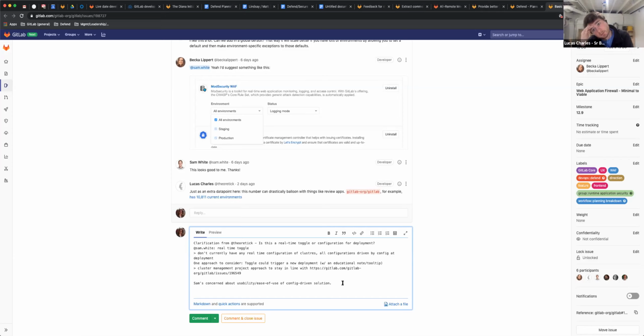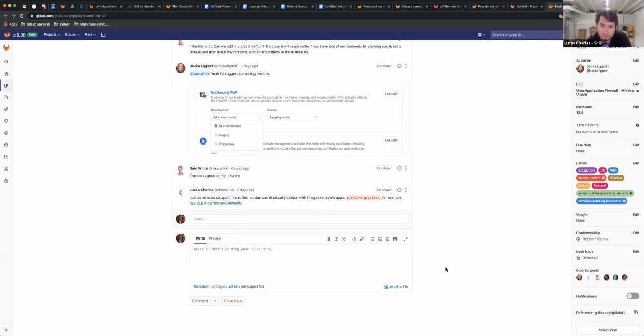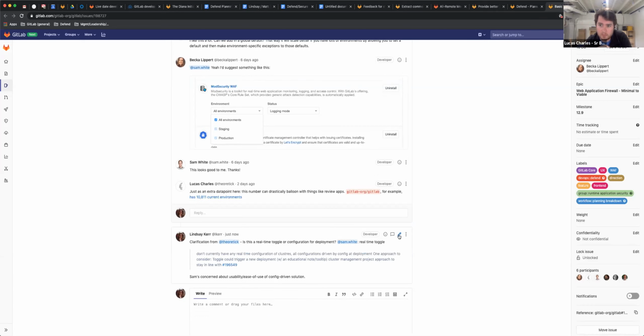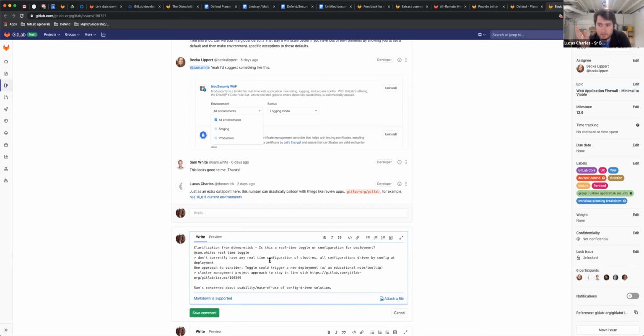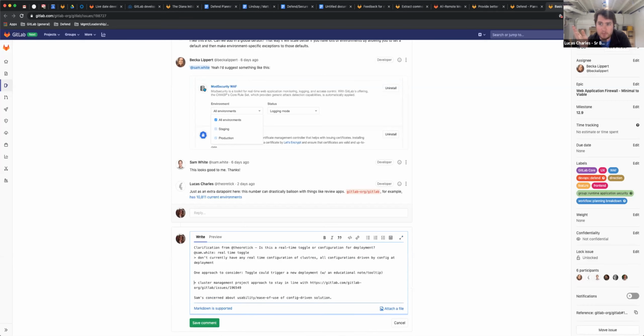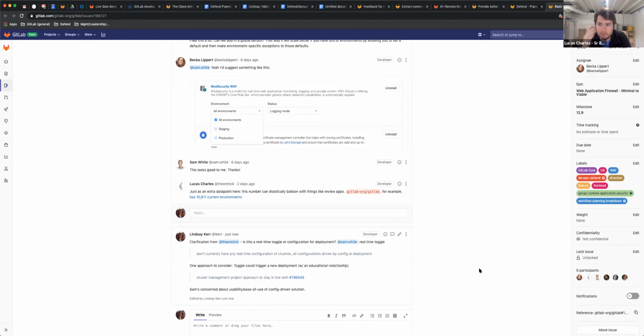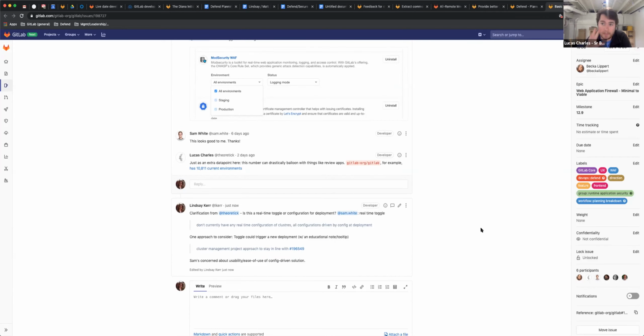Yeah, one thing that came to mind when you were saying that was we need some kind of stateful tracking of this. Currently, we do not track the current state of the active application. So if we have a toggle here that's going to say blocking mode is on, we need to know where we're getting that information. Is that a live query to the cluster that we're caching somewhere? Or are we storing a stateful copy of the state of the cluster within the GitLab application itself? That would definitely require more complex backend work.